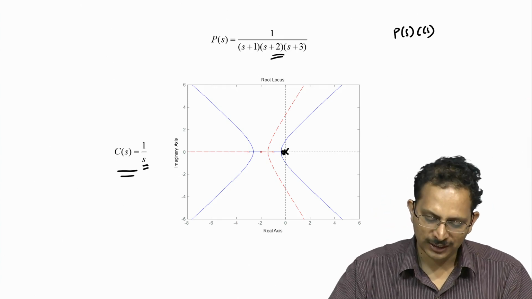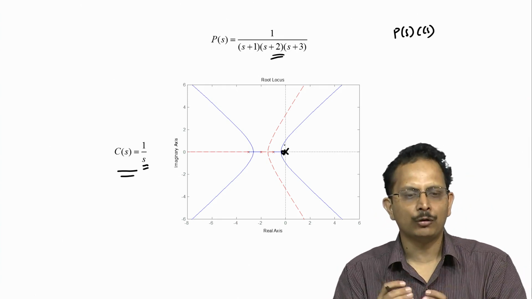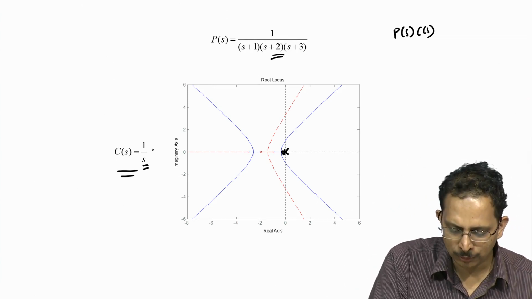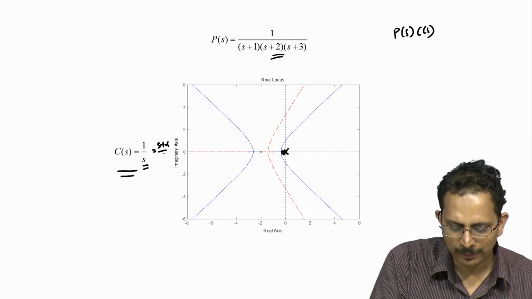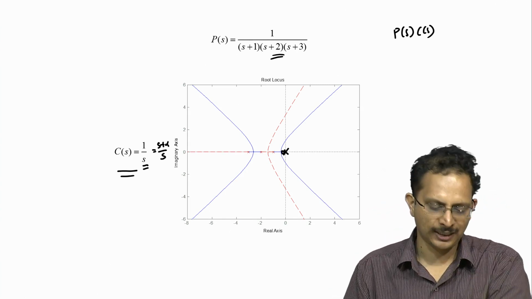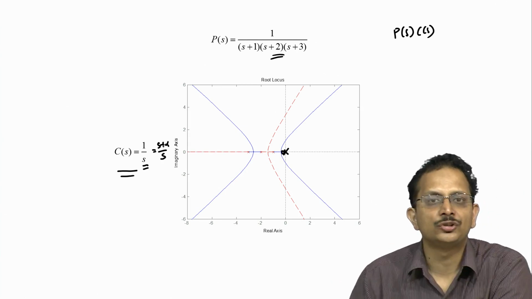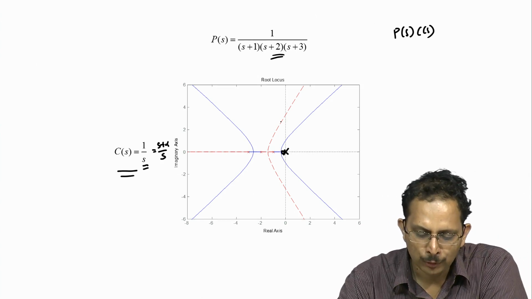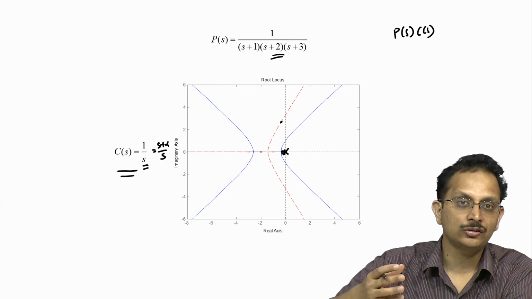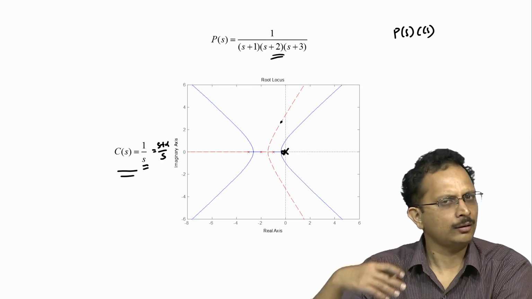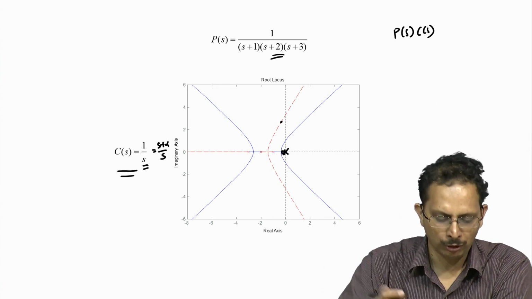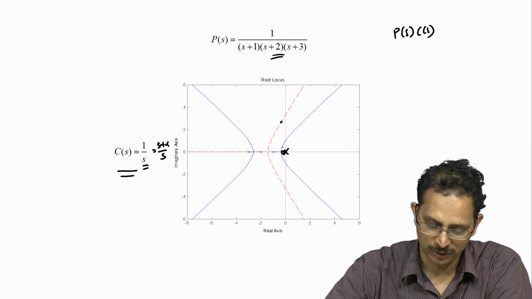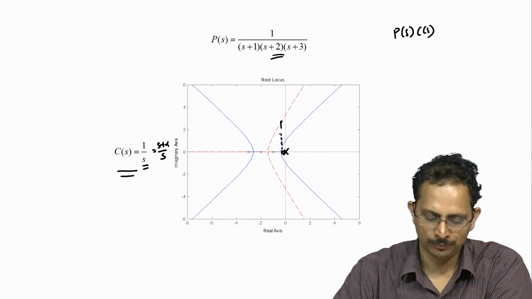Now, what happens is that because this pole and zero pair are very close to one another, or in other words I am having a controller of the form C of S is equal to S plus alpha divided by S. That is the kind of controller structure that I have picked, where alpha is very close to 0. Now, because alpha is very close to 0, if I were to pick a point on the root locus of the original plant, or in other words the root locus of the open loop system before introduction of this integrator term, what we notice is that for a point on that root locus, the angle subtended by the zero and the angle